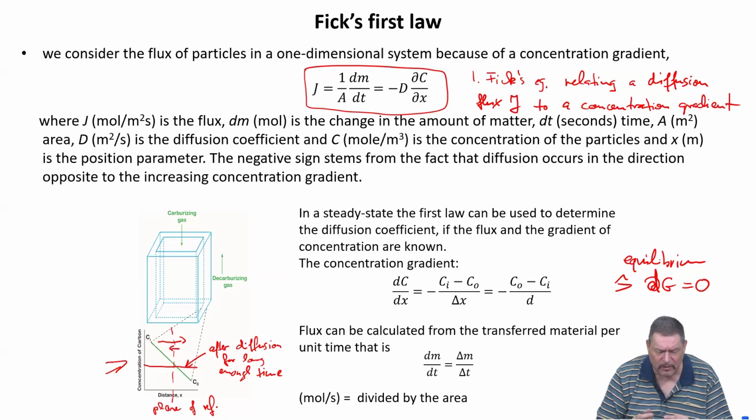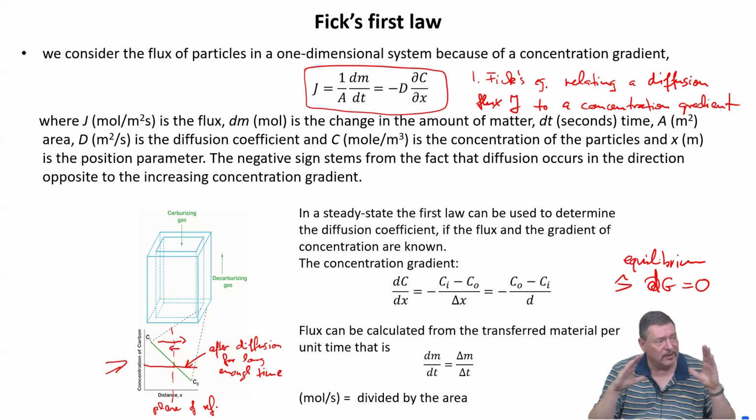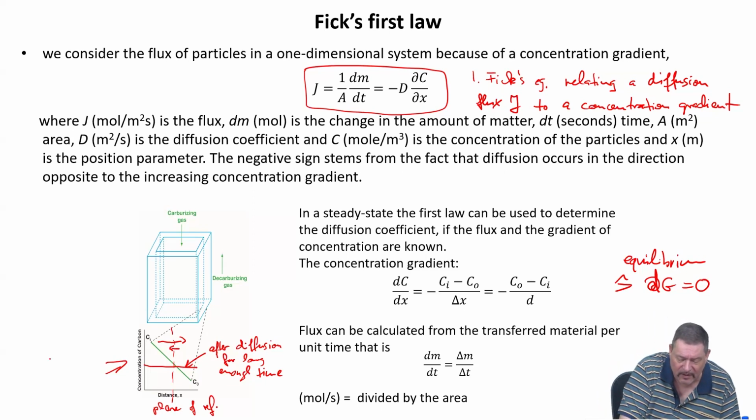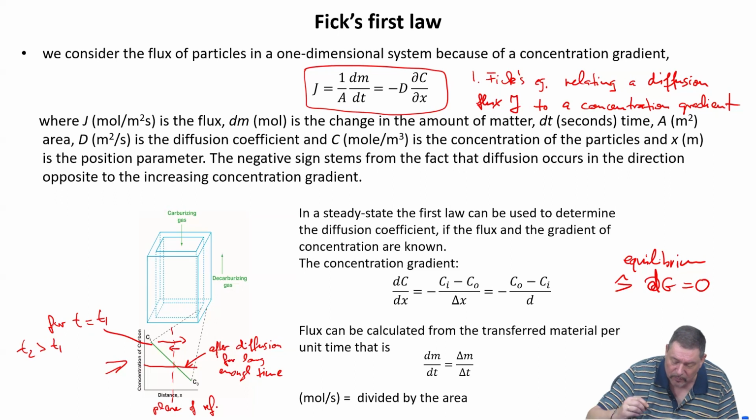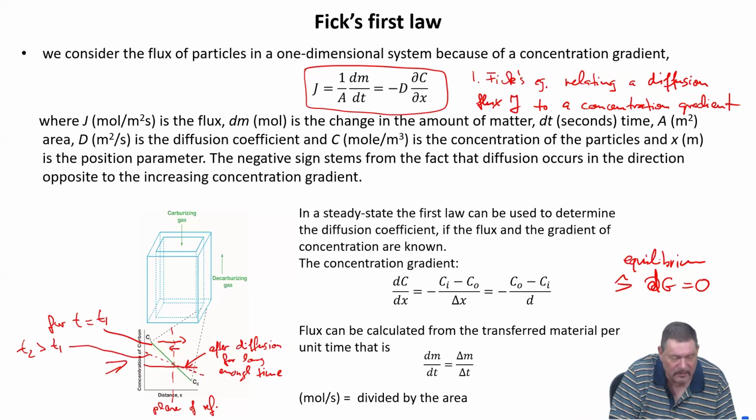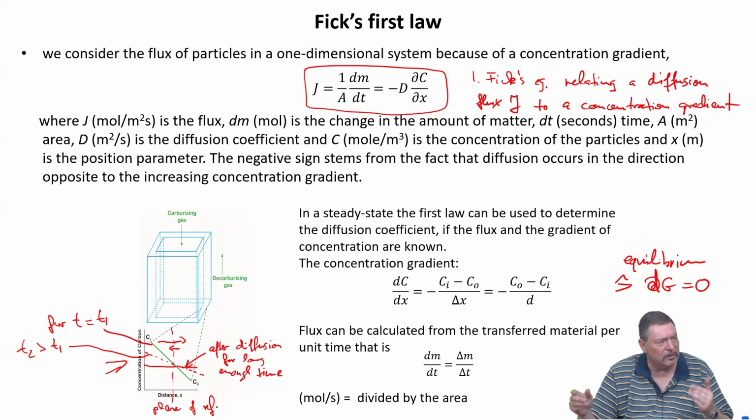The concentration gradient, the green one, you mean? Mm-hmm. That is the starting configuration in this mental picture. But then after, let's say, this is for t equals t1, and then for t2 larger than t1, it would be something like this, and then it goes down, down, down, and then this is after diffusion for sufficiently long time so that there is equilibrium in the system.